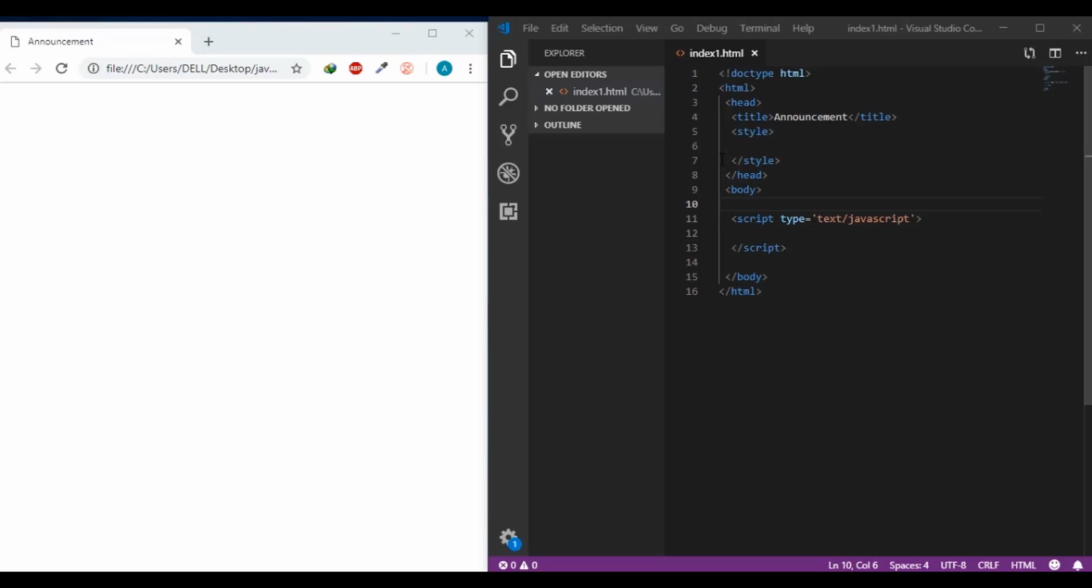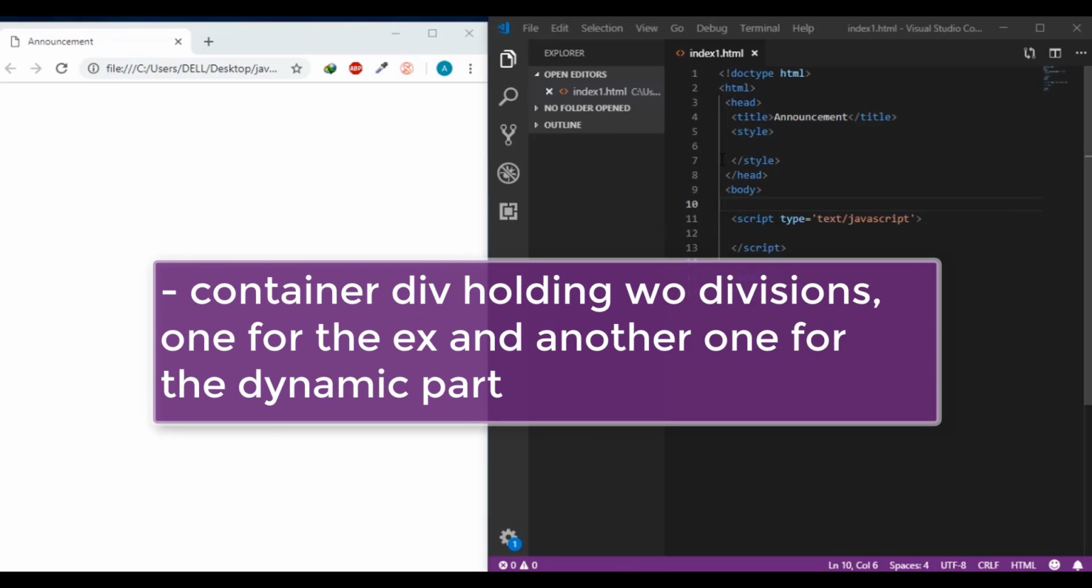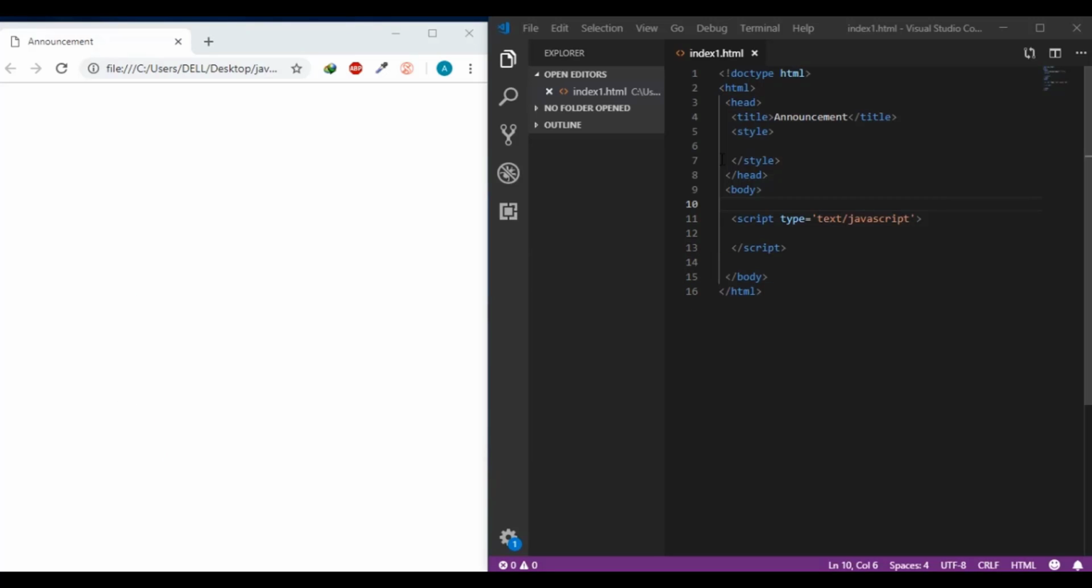The HTML structure will be a container div holding two divisions, one for the text and another one for the dynamic part, which is the clock and the remaining days. So let's get started. So here is the container div. And we start creating the first division and give it a class equal to first,